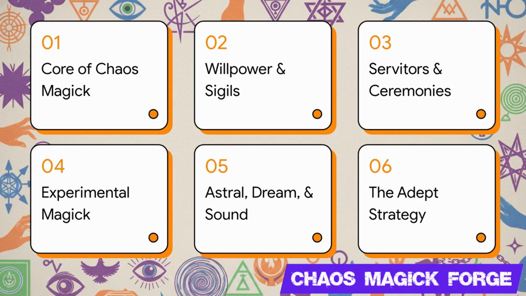Okay, let's dive into this. Here is our roadmap for today. We'll start with number 1, the core of chaos magic. 2, willpower and subconscious sigils. 3, servitors and ceremonial frameworks. 4, experimental and absurd magic. 5, astral, dream, and sound magic. And finally, 6, the adept strategy. As you'll see, we're progressing right from the foundational basics all the way to the high-level master strategies of an